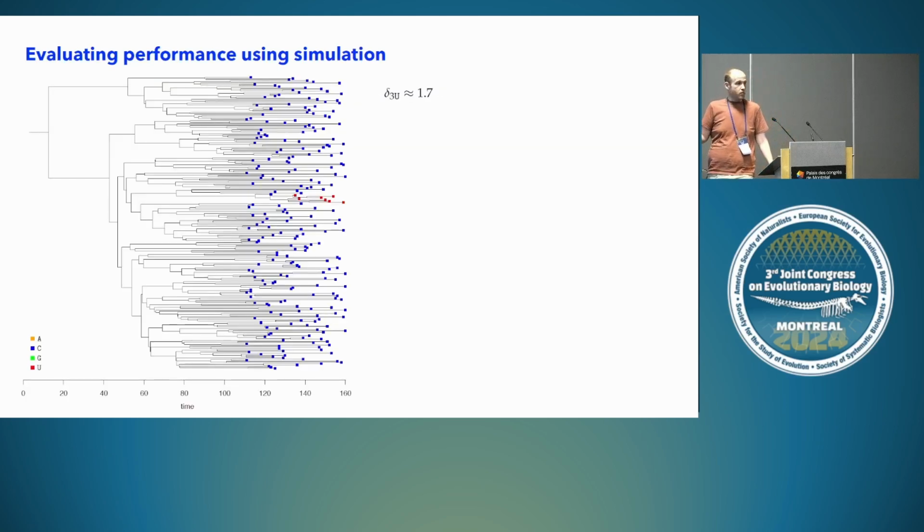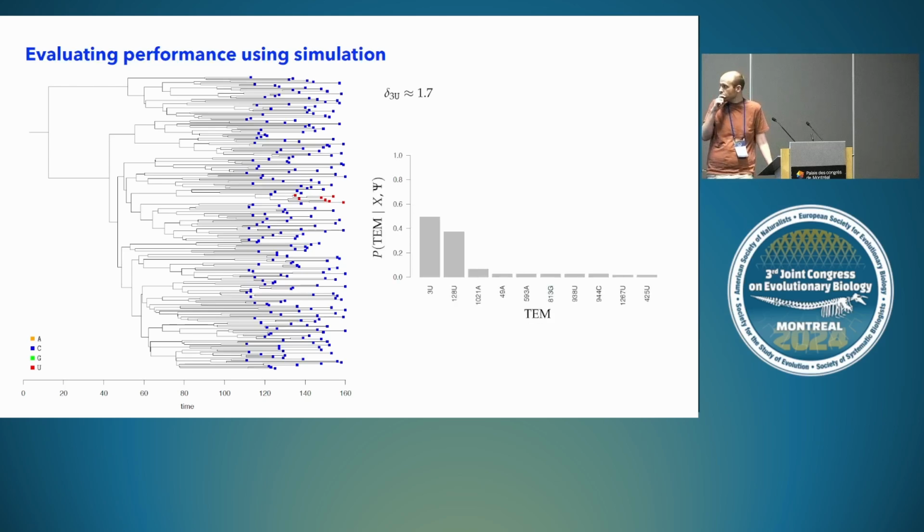So this is one simulation replicate. All the red samples are samples with uracil at a particular site that have a 1.7-fold increase to the transmission rate. And when I use the method on this data set, I'll get a marginal distribution of marginal posterior probabilities for TEMs that look like this. And I can imagine deciding on a critical threshold and saying that any posterior probability above this threshold indicates that this TEM is truly a TEM.